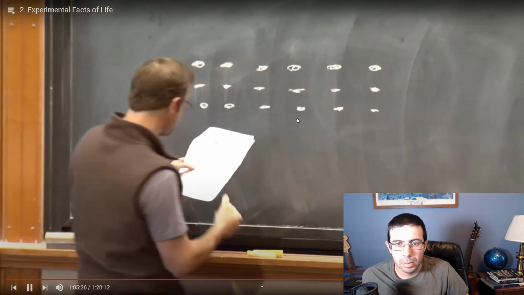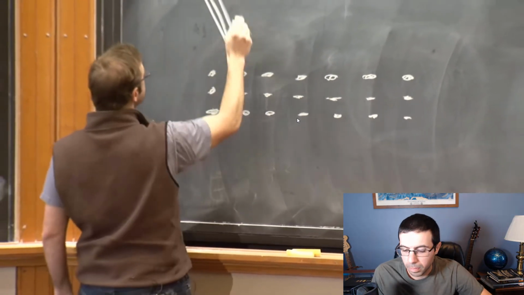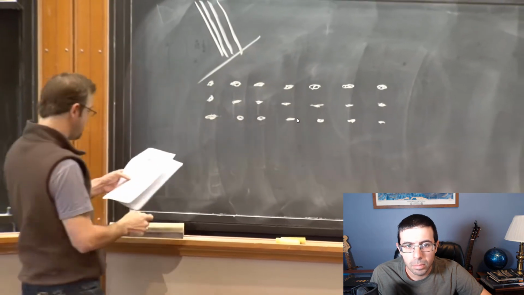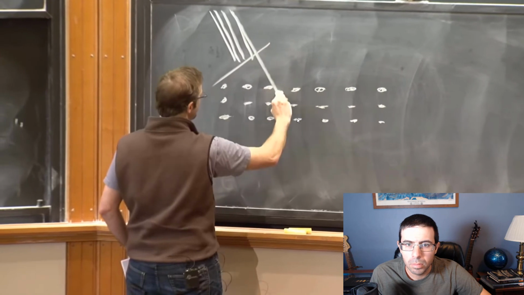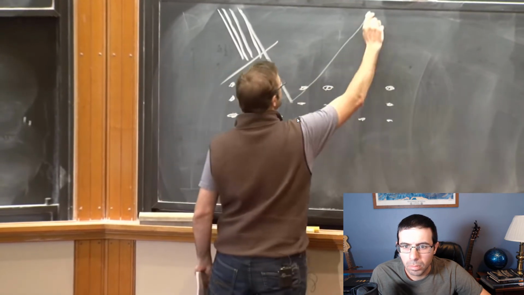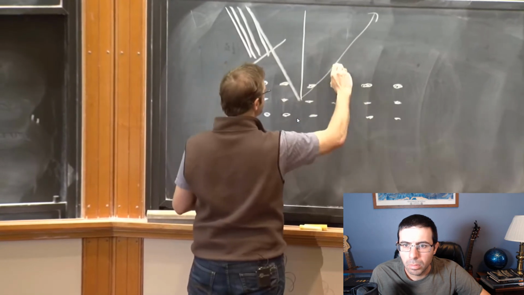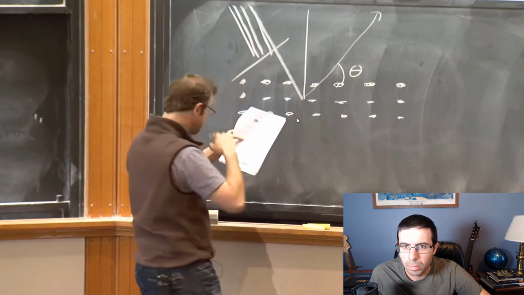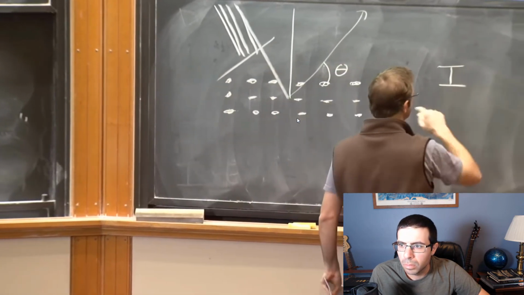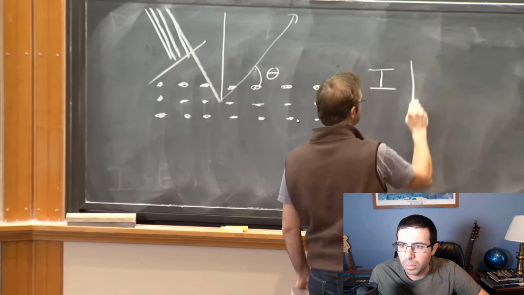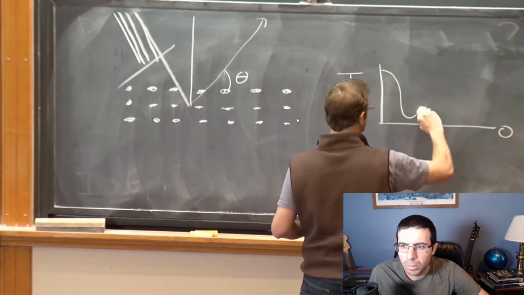Exactly. And they sent in a beam of electrons. So they send in a beam of electrons, and what they discover is that if you send in these electrons and watch how they scatter at various different angles, I'm going to call the angle here of scattering theta. What they discover is that the intensity of the reflected beam as a function of theta shows interference effects.